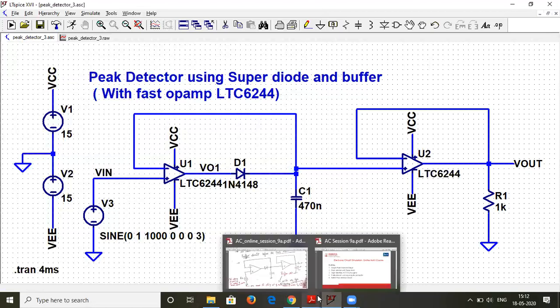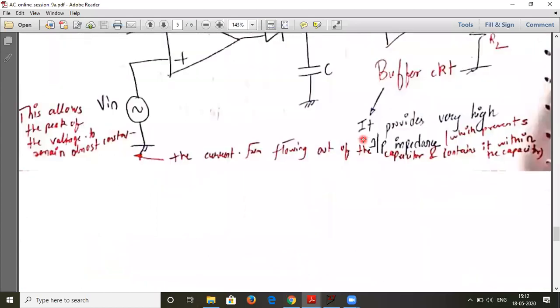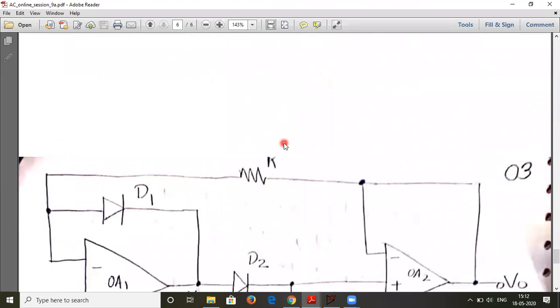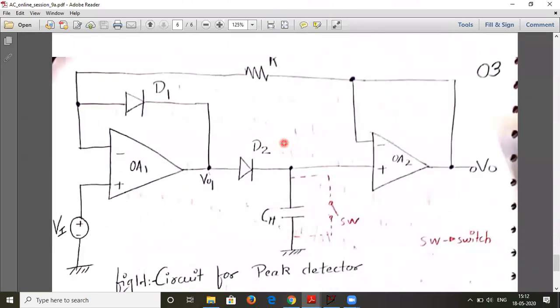So let us go to the next circuitry, and this will be the final one. Overcoming this drawback will be this active peak detector circuitry. Again, the working we are not going to discuss over here. That is specially reserved for linear integrated circuits. Here we are simulating electronic circuitry in LTspice and just delivering the output as per the circuit diagram. So next, let us build this circuitry. So let us do that.